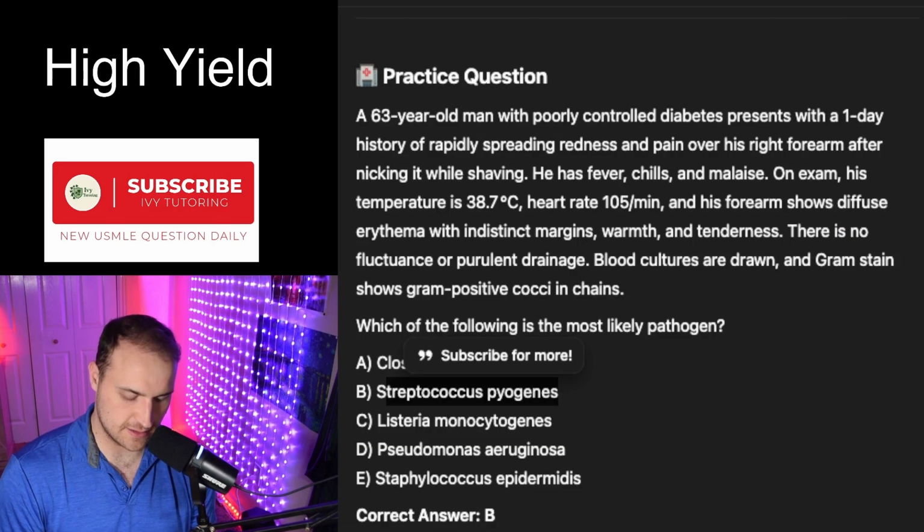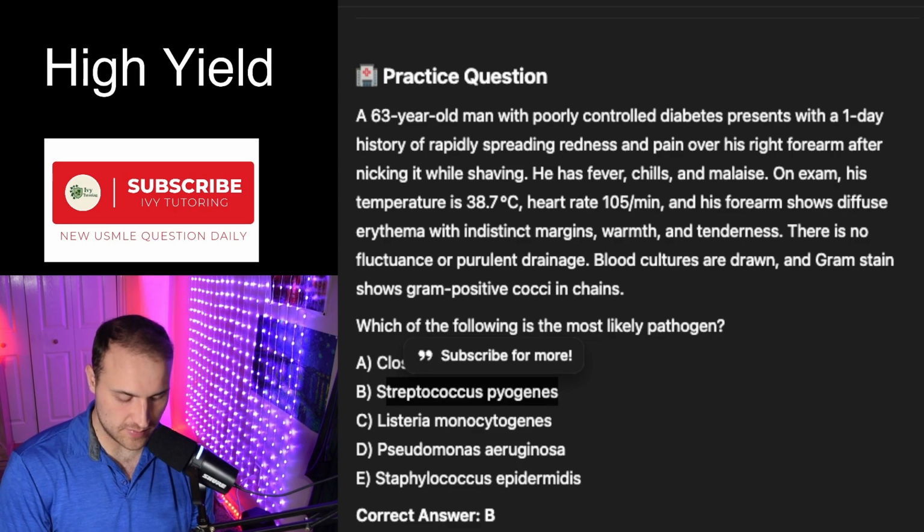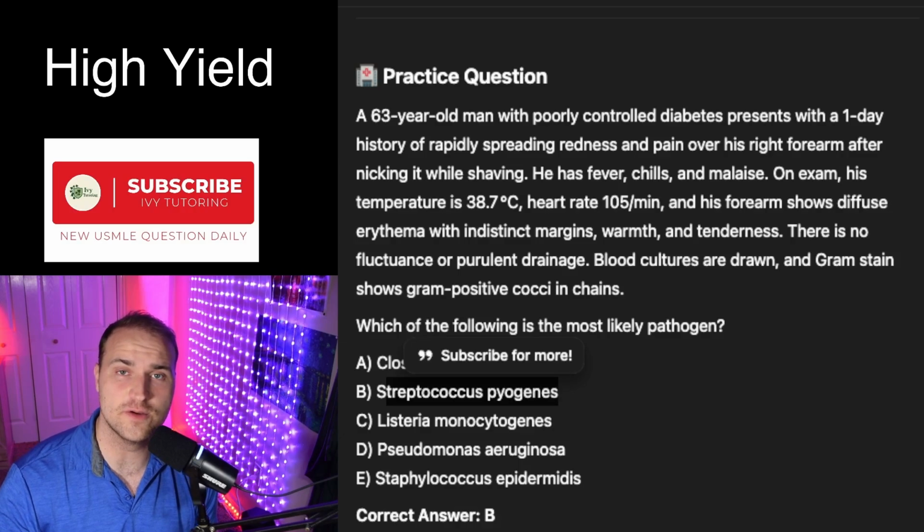Why is it not Pseudomonas? So Pseudomonas, that's a water exposure bug, often causes folliculitis, and that's just inflammation of your hair follicles. Or ecthyma gangrenosum, and that's not classic cellulitis, so Pseudomonas is just a totally different presentation. And S. epidermidis, that's going to be prosthetic infections, so you have a low virulence skin flora and not massive cellulitis. So how this might present on test day, they'll give you a dude who's got diabetes and he's got